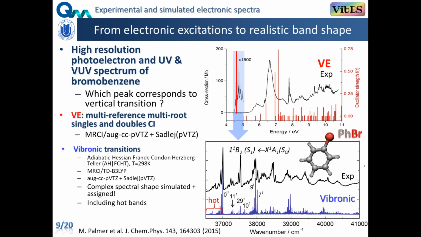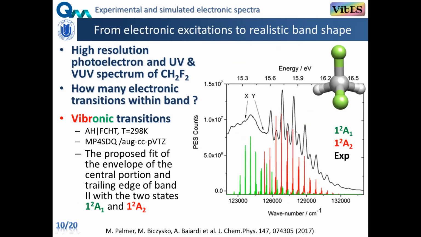When we switch to the vibronic computation, as here is enlarged this small part, we can actually obtain the energy profile quite accurately. So this can also help to answer the question how many electronic states we have within one band. In this complex band, it was needed to have 2 electronic transitions to obtain the